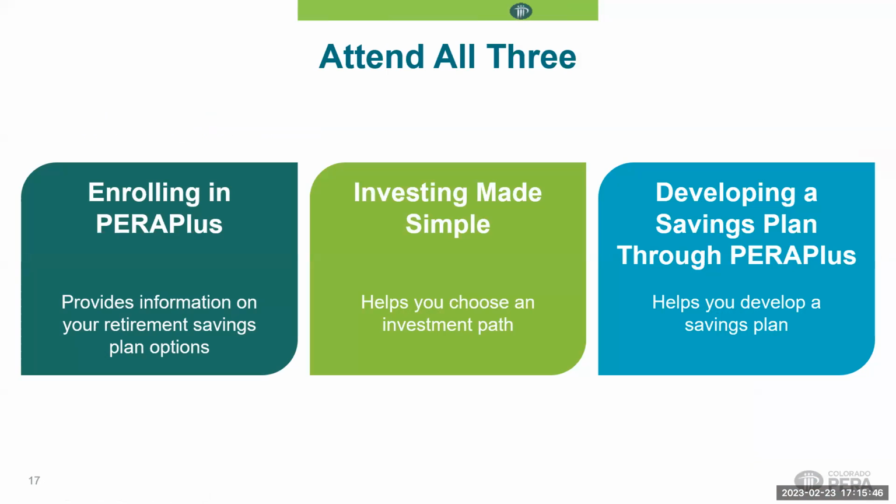A PERA Plus 401k is a way for you to roll your balance over. And if you want to keep building on that small IRA balance, you can with contributions from your employer. So that's the easiest way to get that IRA all in one house, so to speak, if you want to bring it over to PERA and potentially keep building on it, because a little bit of an extra nest egg is never a bad thing.